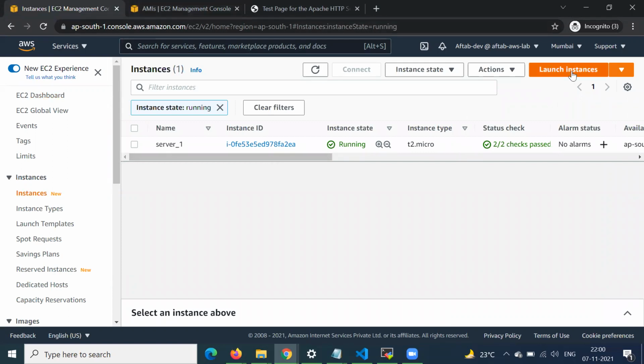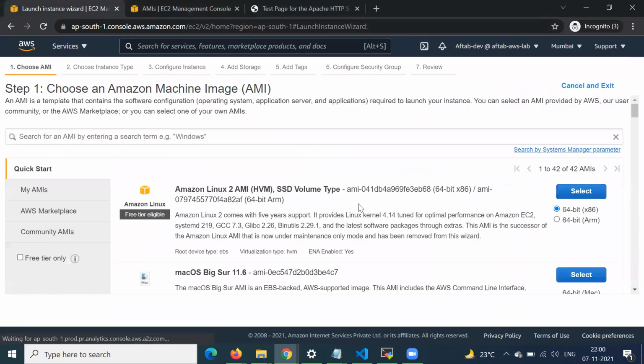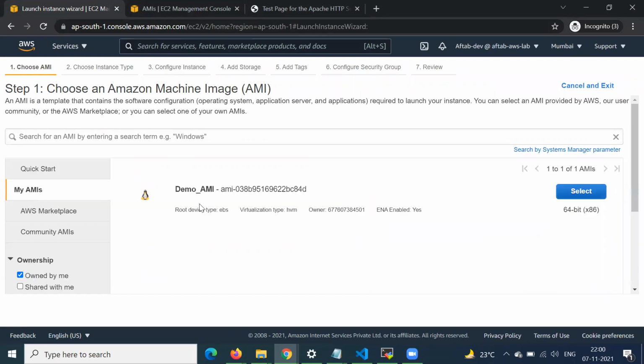So let's go and launch the instances. Here in this My AMIs section, we are able to see our demo AMI. From here we just click on select.